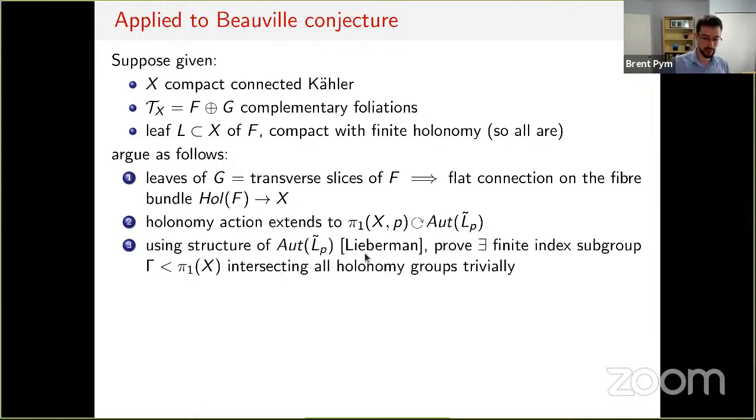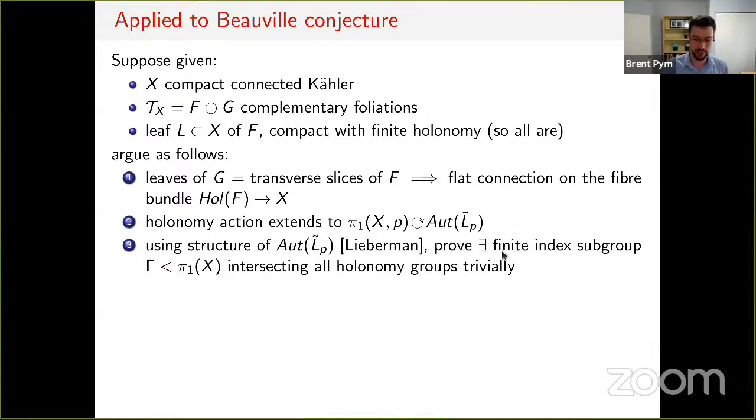So now each one of these holonomy covers is a compact Kähler manifold, and we know quite a lot about the automorphisms of compact Kähler manifolds thanks to work of Lieberman. So using his structure theory for the automorphism group, we were able to check that